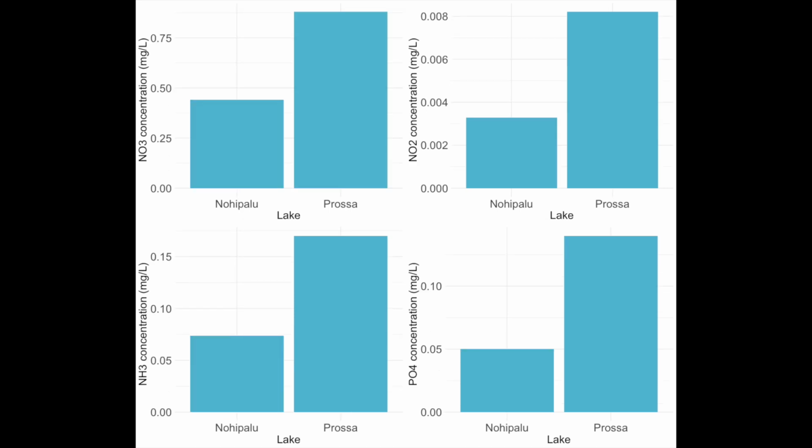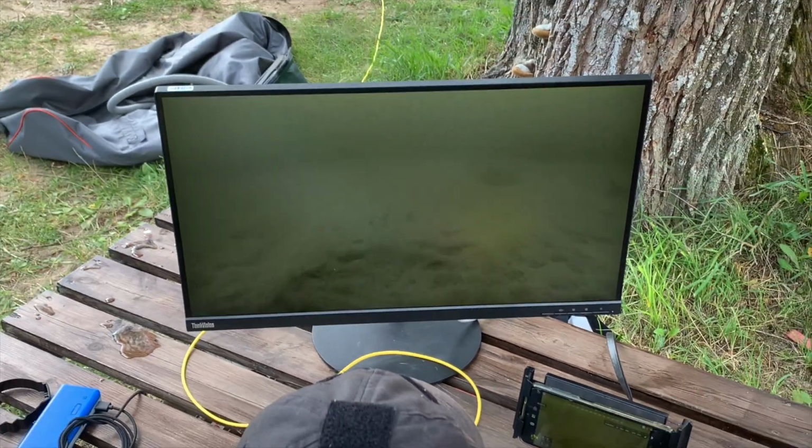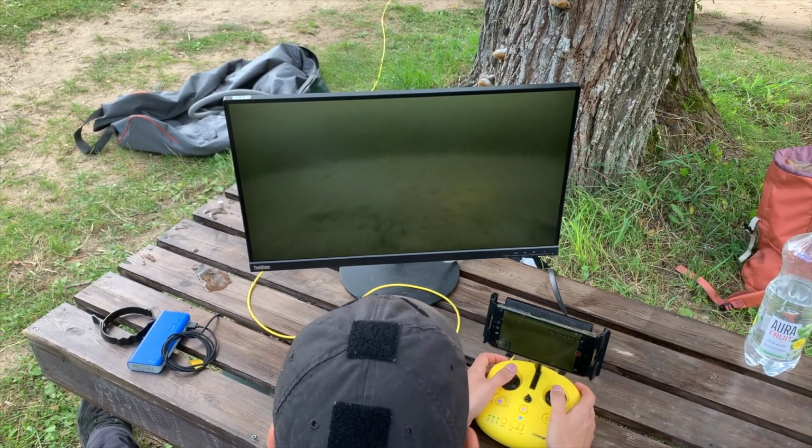Now, when looking at the chemistry of the water bodies, you can also clearly see that the concentrations of nitrate, nitrite, ammonia, and phosphate were all higher in Lake Prussia. There is some pattern here, as you can see. Now almost everything was higher in Lake Prussia. Fish species richness and abundance, zooplankton, phytoplankton, and benthic macrofauna were higher, and now also nutrient concentration. These values are all connected and greatly influence each other.